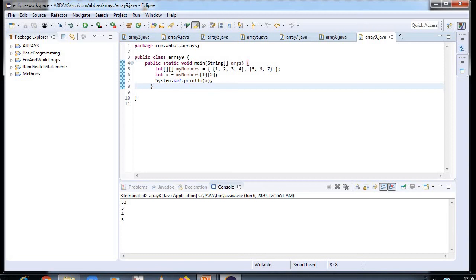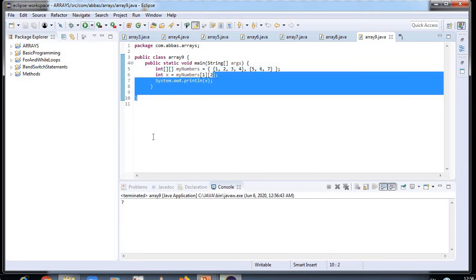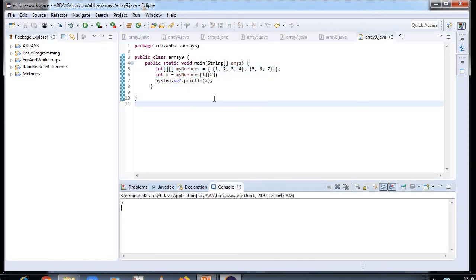Now this is a multi-dimensional array. Here you can see two-dimensional arrays, multi-dimensional arrays, have been created. 2 blocks are there. Now how it works, as I told you, in a multi-dimensional array, data is stored in rows and columns based on index, known as a matrix. The arrays you have been using so far have only held one column of data, but you can set up an array to hold more than one column, and they are called multi-dimensional arrays. Now here 7 elements will be printed, 1 2 3 4 5 6 7. Here is the output. So in this way it goes on.